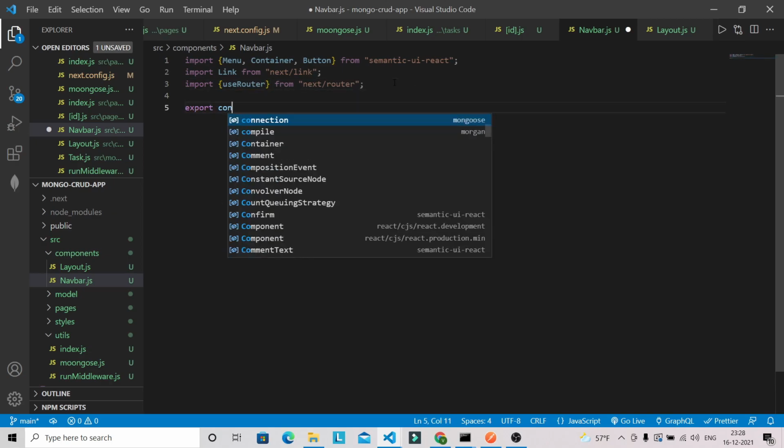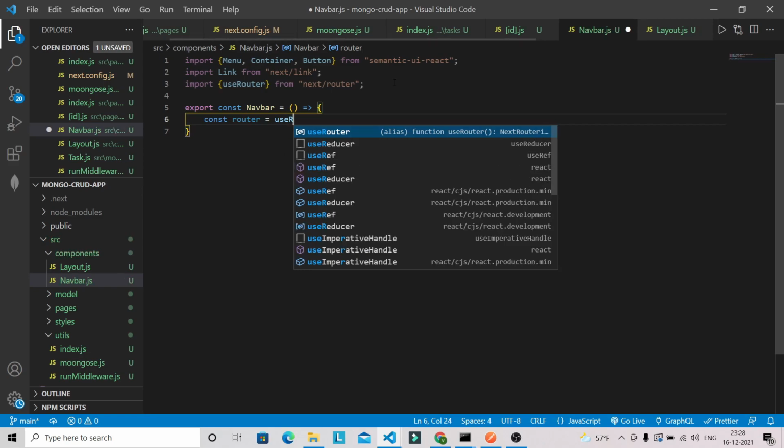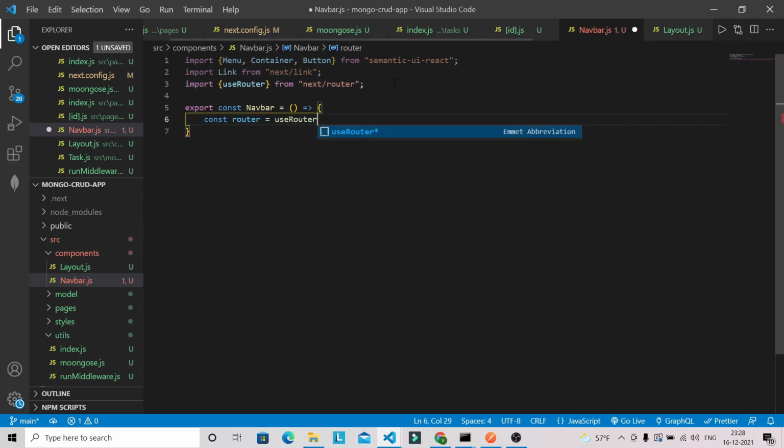So export const Navbar, and first we need to store the reference of useRouter into a router, and then we can return.